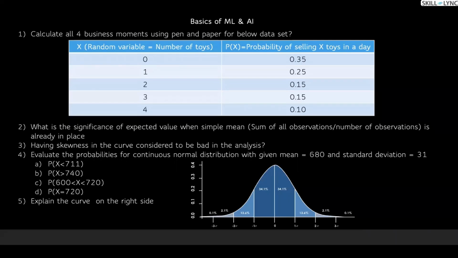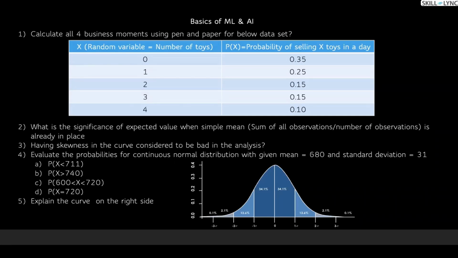If you remember, the central tendency had mean, median and mode, and then measure of dispersion where we had variance and standard deviation. And in measure of dispersion, some people also measure range. So what does range mean? Well, range is very simple. As per the English dictionary, range is from one point to another. In statistics, range is maximum minus minimum. Simple. That is your range, which also comes under the second business movement, measure of dispersion.